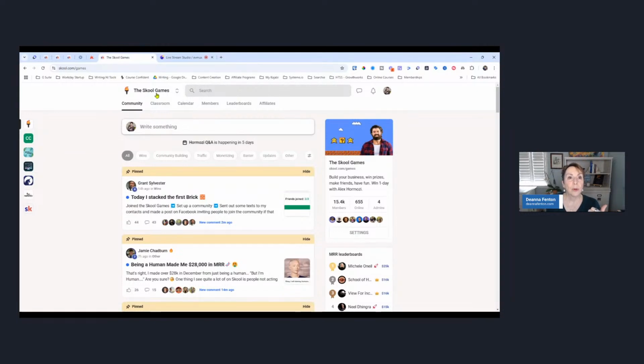you can join the Skool games. What the Skool games are is a competition across all communities on Skool, and you can win all kinds of cool prizes. Like in the last quarter of 2024, they gave away those very, very ugly Tesla trucks, those big silver things.